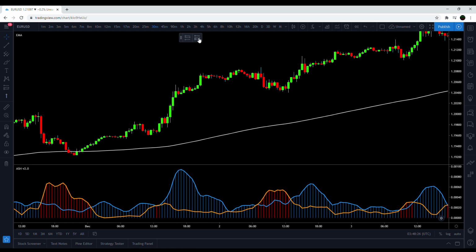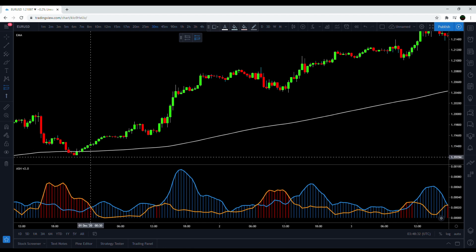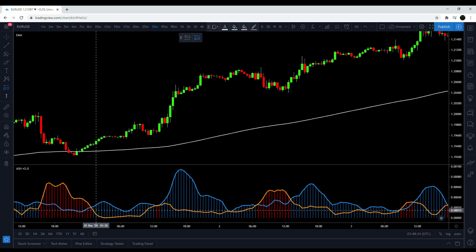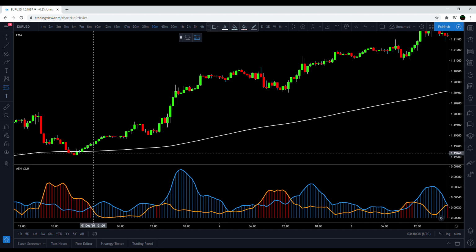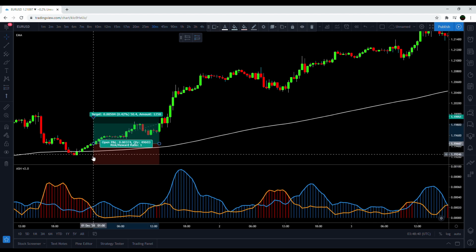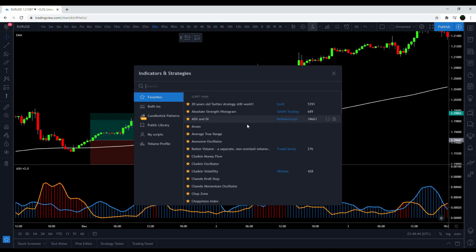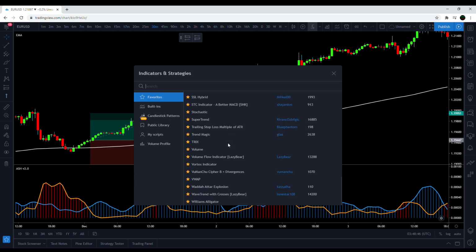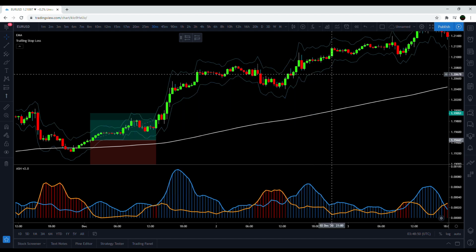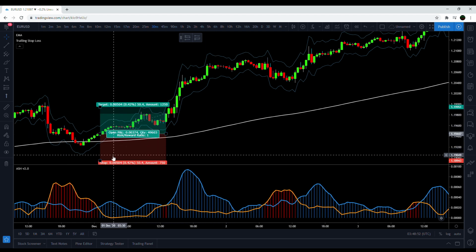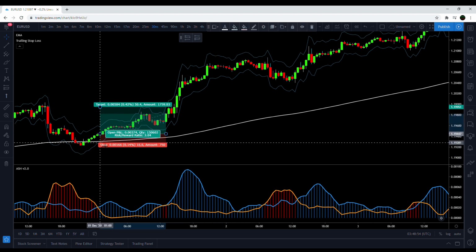And I'm just going to be doing the typical 1 to 2 risk to reward ratio. So for example, there's a buy signal right here when the flip from red to blue occurs. Get a buy, and I'm going to pop up the classic stop loss indicator, trailing stop loss multiple of ATR, blue phantom. I'm going to keep it on its default settings,